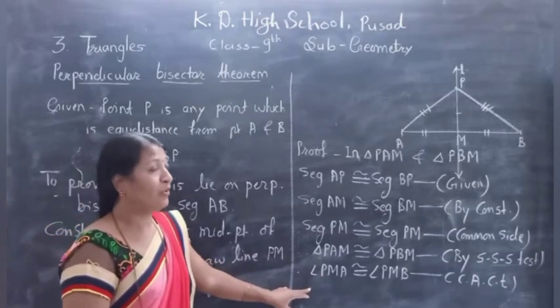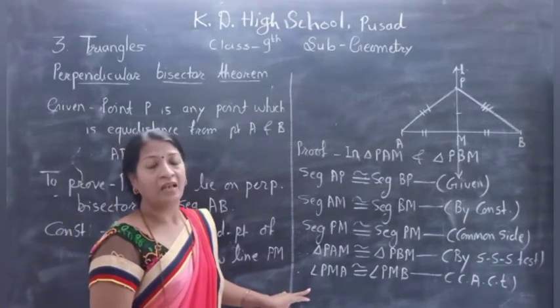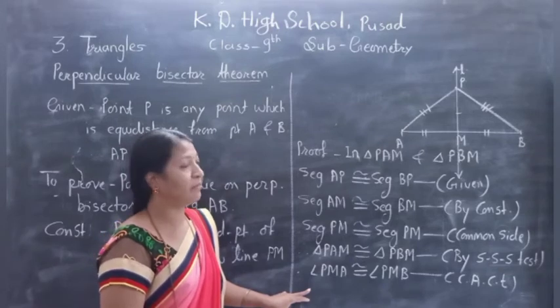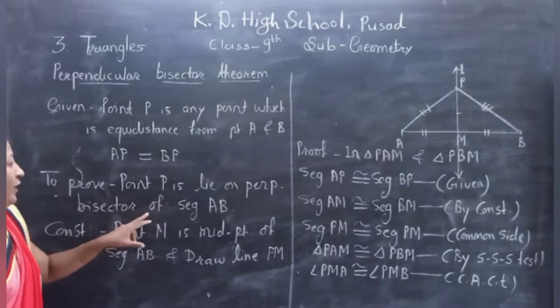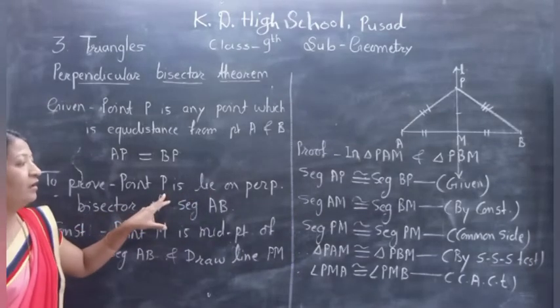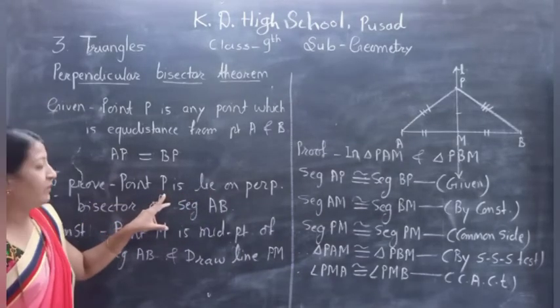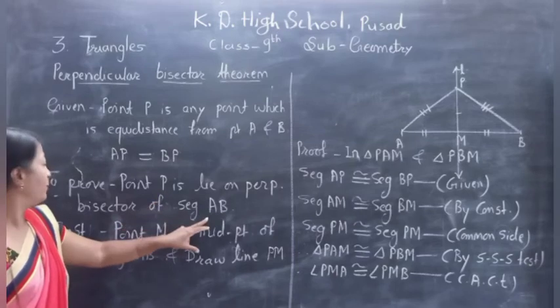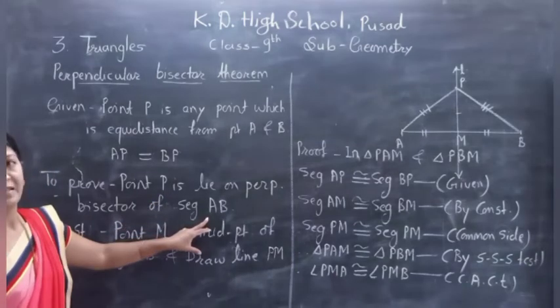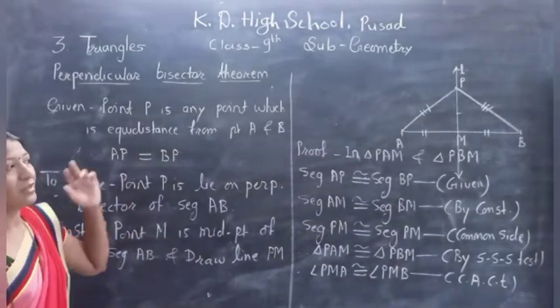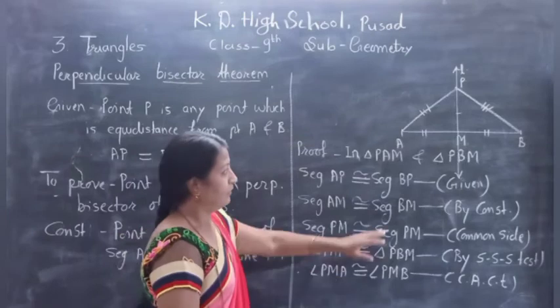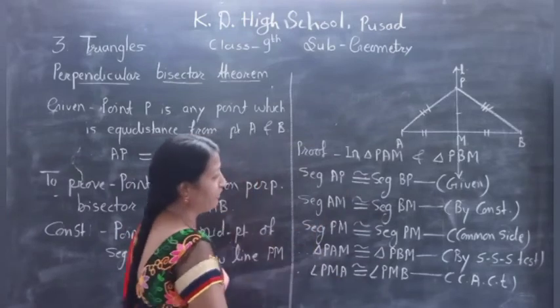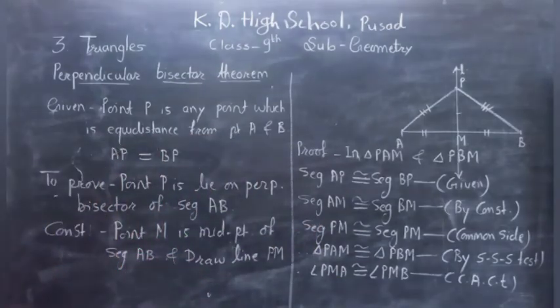Now what do we have to prove? We have to prove that line L is perpendicular to segment AB. What do we need to show? Line L, which is passing through point P, is perpendicular to segment AB, the perpendicular bisector of segment AB. The bisector part is already done. So for that we have to use some statements. First of all, take a screenshot, then we continue with the next part.